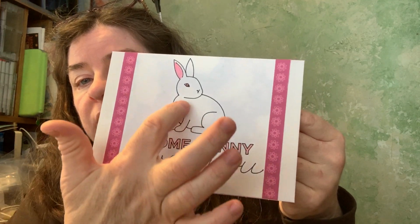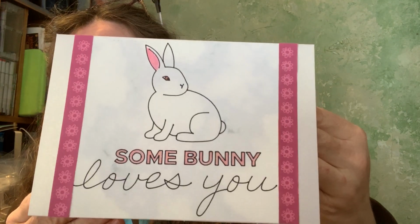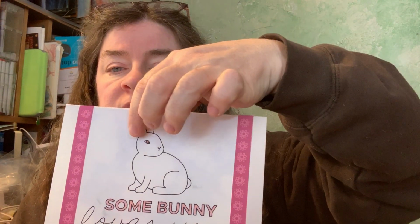Everything that's black in here would have been foil had I had the foil pins. But I didn't. So like I said, I used a Cricut marker and it actually drew that, which I think is really cute. And then I used some of my Copic markers to color it in. The paper was supposed to be a marble print that I downloaded,